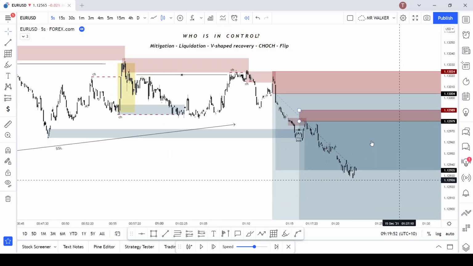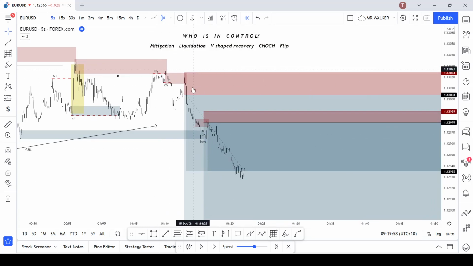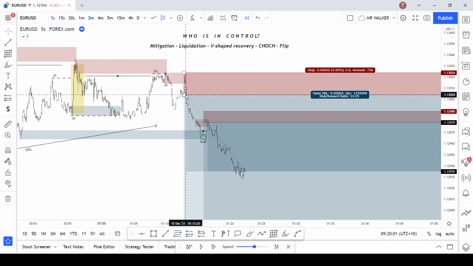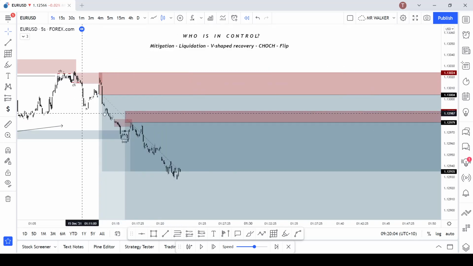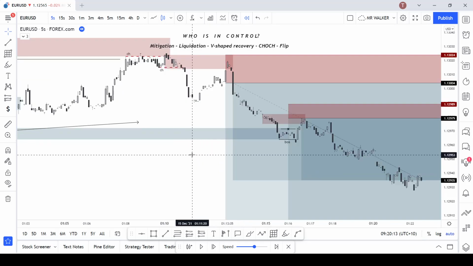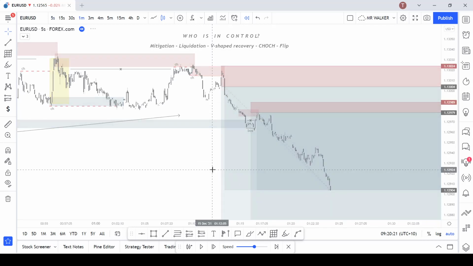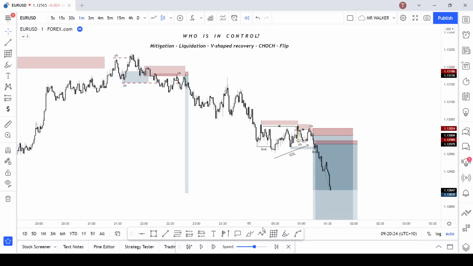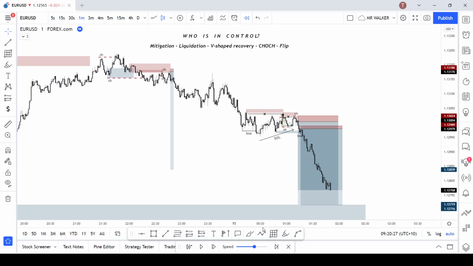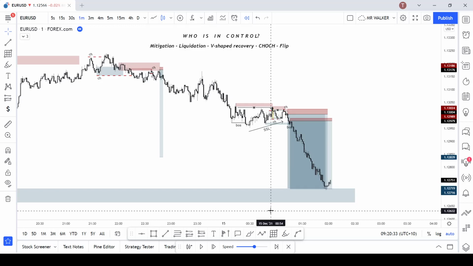So yeah, two great trades. The first one is a 1 pip stop loss, the second is a 2 pip stop loss. But in this case, it could have been 1 because at this point, when we showed the reaction already from the supply, we don't really need to go back up higher. But just for safety, I didn't put a 1 pip stop loss. So yeah, and then the price just goes, as you can see, shows great momentum and then closes me out at profit at that unmitigated demand,